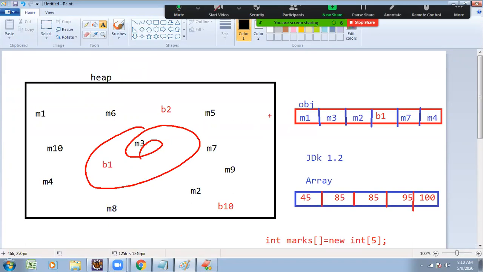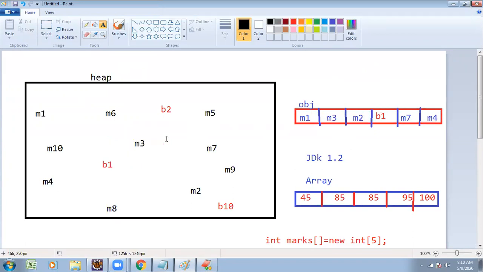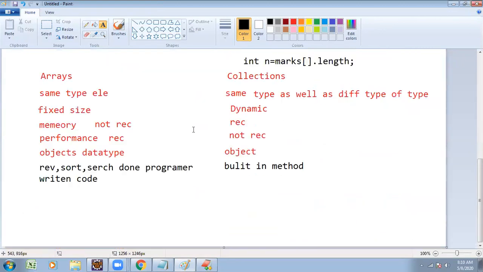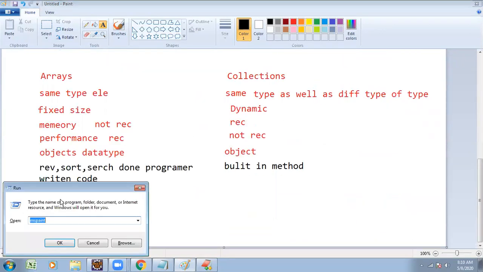If they are stored in a randomized manner, retrieval is complex. To overcome that problem, they introduced the collection object concept. An object is said to be a collection object which can hold n number of objects. If you invoke this object, all these elements' data is retrieved. So what is the hierarchy of the collection object? Let me concentrate once.